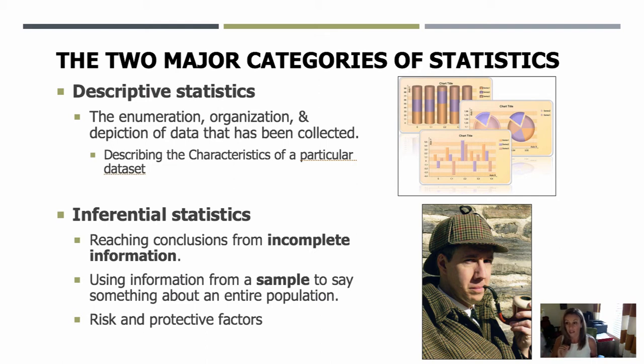For example, if I ask everybody in my 349 class how many pounds they weigh, I can calculate the average for the girls and for the boys. There's nothing to infer here. I collected data, I analyzed it, and I ran the mean. So usually mean, mode. These are ways that we describe our data. That is descriptive statistics. On the other hand, in inferential statistics, we're collecting data from a sample and we're inferring something